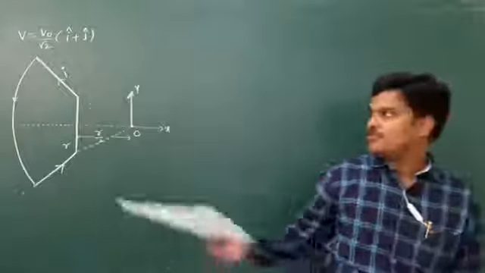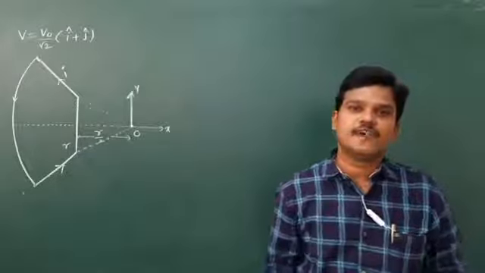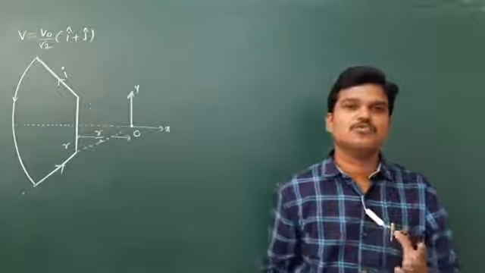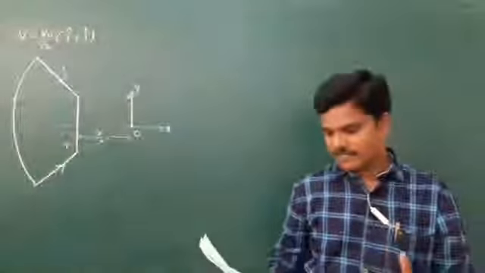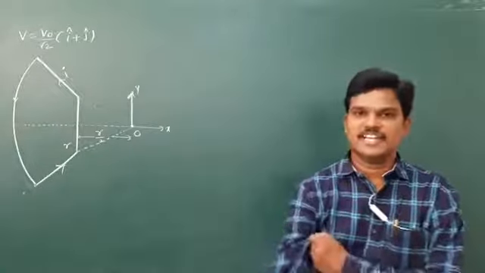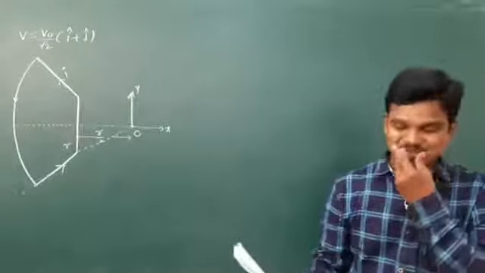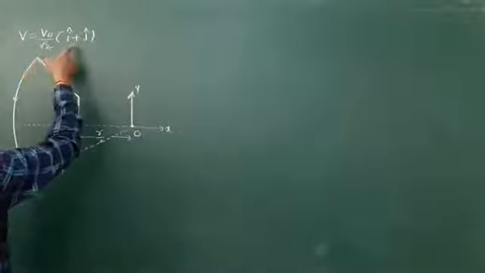See, first they are asking for the instantaneous acceleration. Because of the field, to get the acceleration, definitely we need to find the force acting. Once we know the force, by using that force as m into a, if the mass is given, yes, particle of mass m, charge q, everything is given, so we can find the acceleration easily. But before that, here they have given a charged particle whose charge is q, mass is m, moving with a speed v naught by root 2 in the xy plane. I cap plus j cap means in the xy plane.